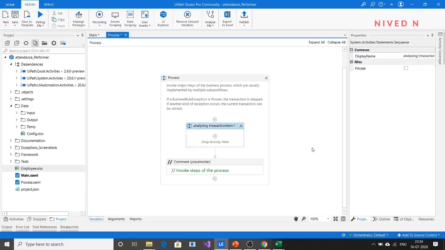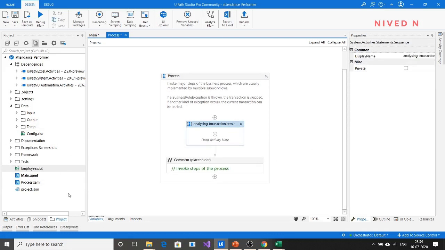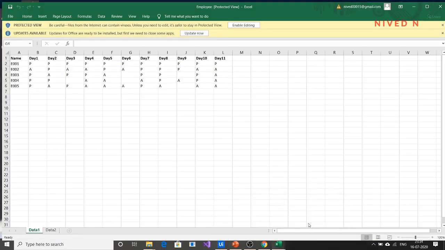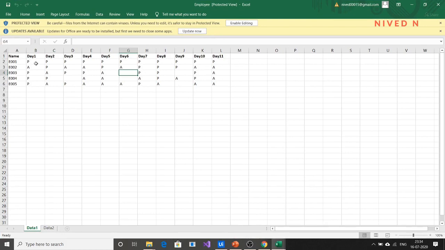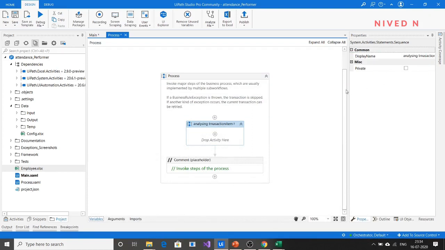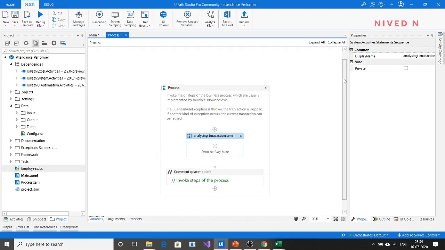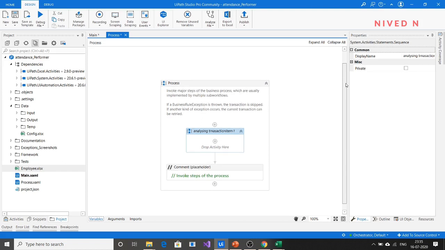Okay, so for count, why are we using count? To calculate the total number of working days of each employee. So we know that if you look here, there are totally 11 working days. So how can we retrieve it in a general format for each employee? We can just specify count is equal to 11, but we want to get it in a general format for each employee. So how can we get it? We can look into that.